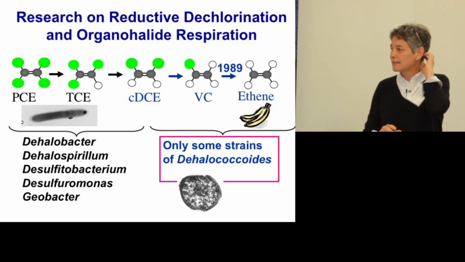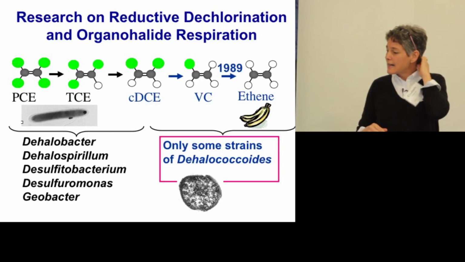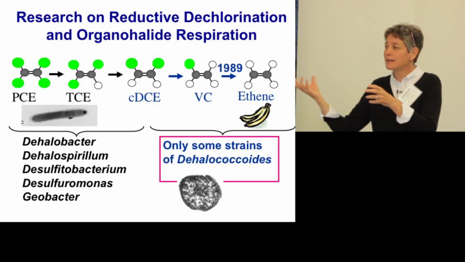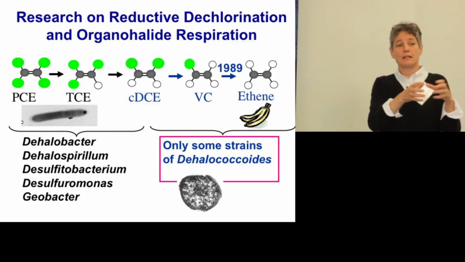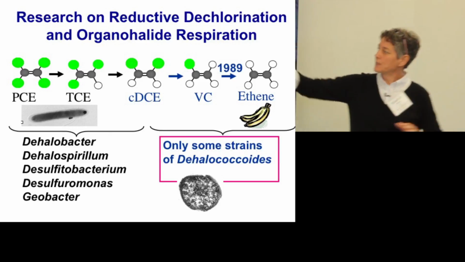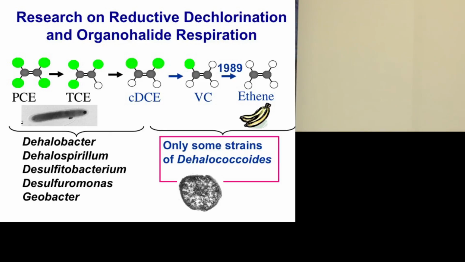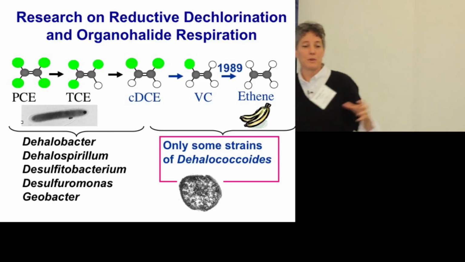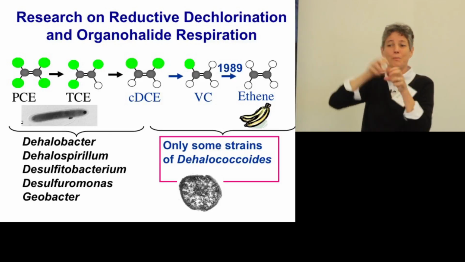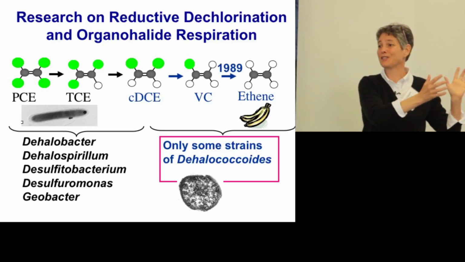And so my colleagues, at the time they were at Beak Consultants, but now they're at Geosyntec, Dave Major, he said, I think there's a business here. We could inoculate sites. And we'd done studies in bottles and in microcosms where sometimes the dechlorination would stop somewhere along here. And then we'd take another bottle where the dechlorination was going all the way to ethene very actively. We'd mix the two bottles, and lo and behold, the bottle that was stalled would go.